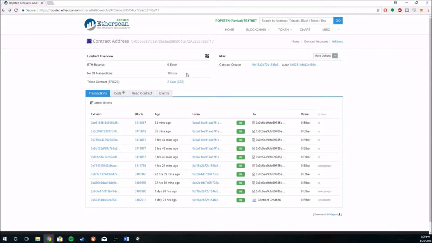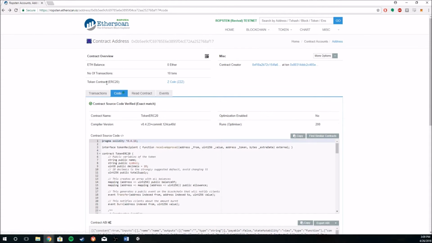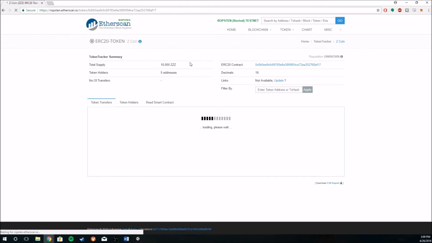So as the contract creator, I verified the code, little green check here, and it is all open source, so you could navigate here or just search for Zcoin, and you could find the contract. It's basically from a pre-existing template with a couple minor changes I made because Remix was giving me some compiler warnings that I had to clean up. But I made 10k Zcoin,